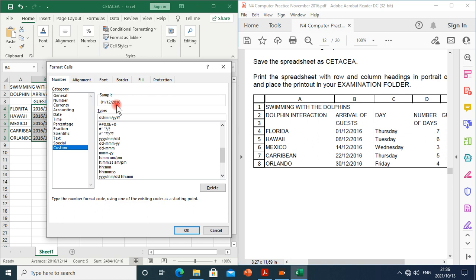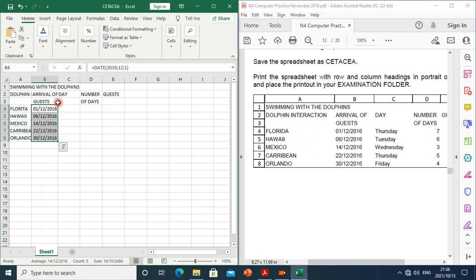As you can see, this is how you can format the date to the format that you want. After that, you click on OK. As you can see, it has changed also on our spreadsheet over there. We have something that looks more or less similar to what we had on our question paper. So